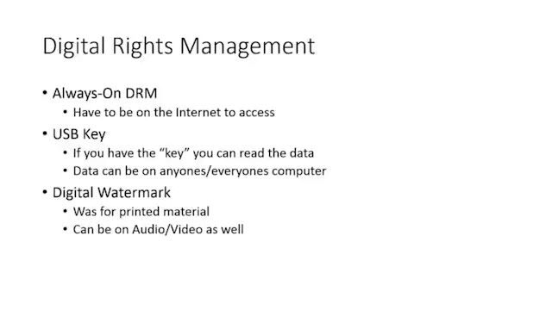You pay for it, or a subscription or something like that. You can also have something like a USB key, a USB thumb drive. If you have the key, you can read the data. So now maybe everybody downloads it, right? You can download the data, but you can't see it until you have the key. You don't have to tie back to the DRM server. You just have to have that key. You plug it in and it will unlock whatever data you're trying to look at.